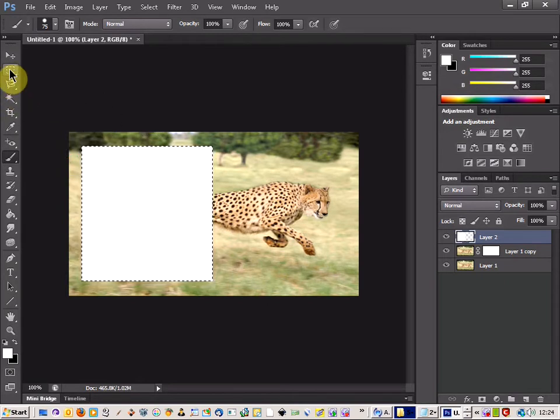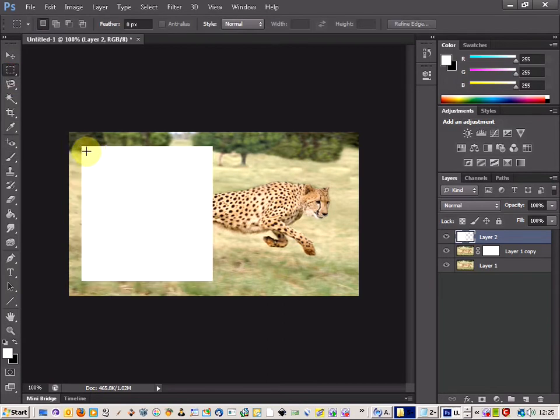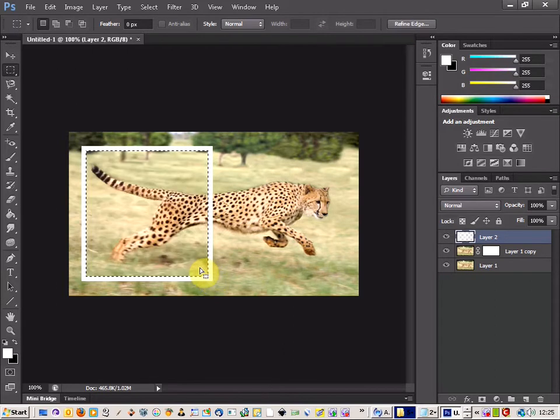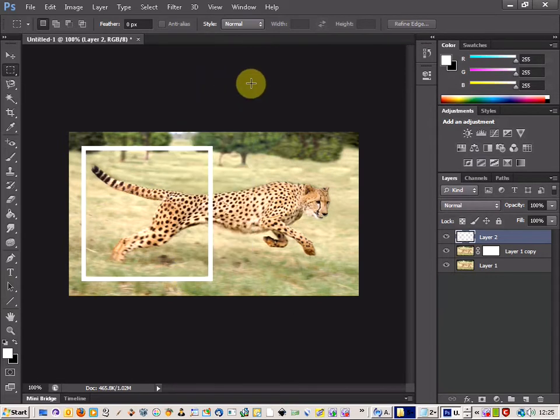Now we come back up to the marquee tool again and just deselect that last box, and then just click to where close to the edge to where the box is, and just draw another box inside, just like that. And then you can hit the delete button, and that will give you the view again of the body of the animal. And then you can just deselect that,